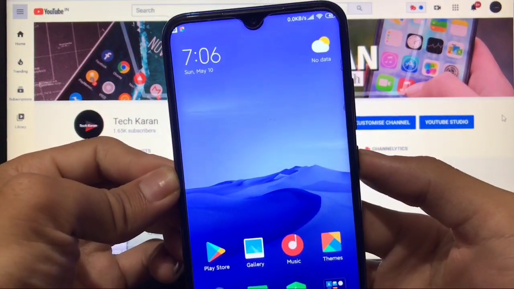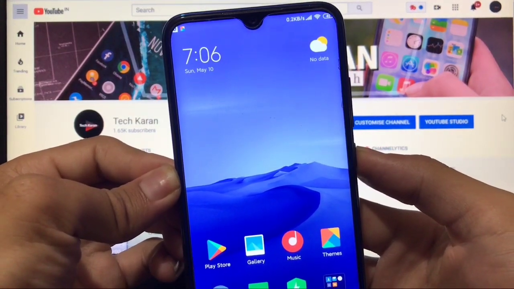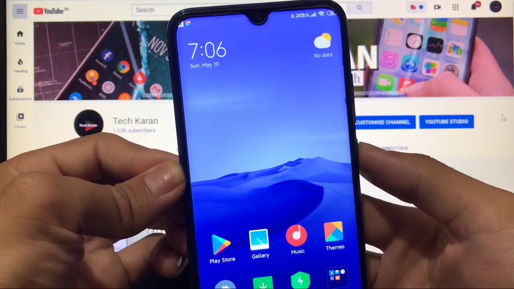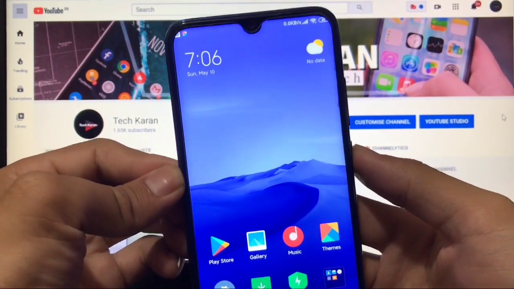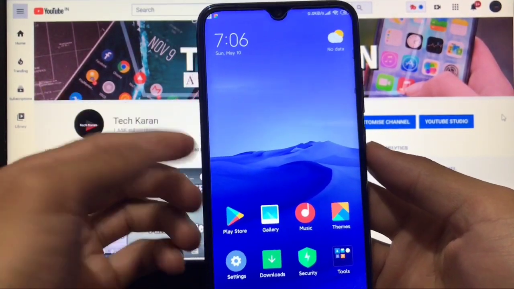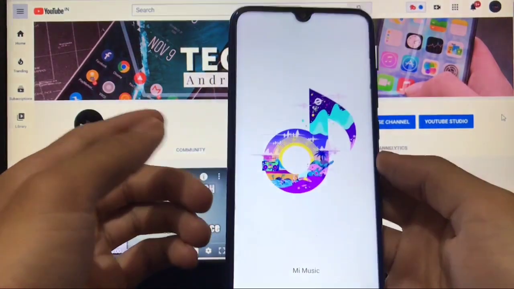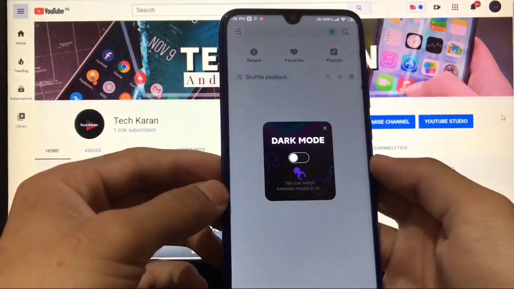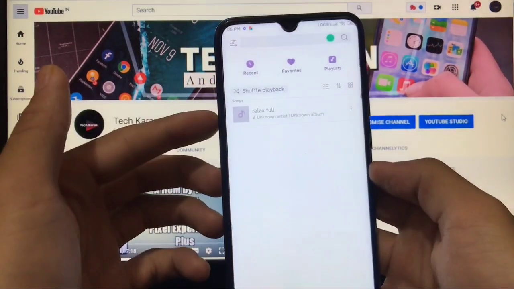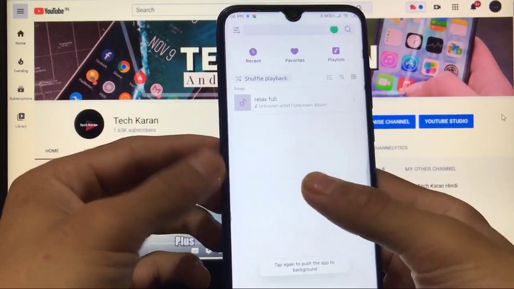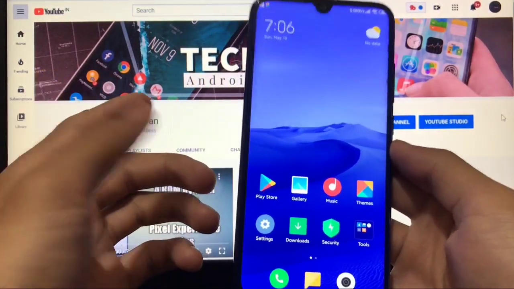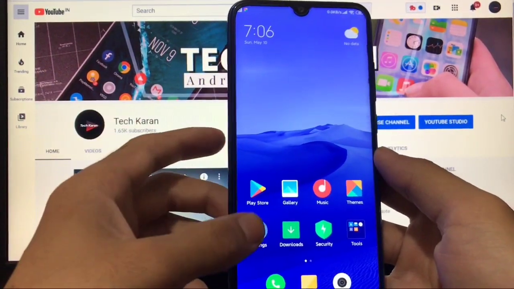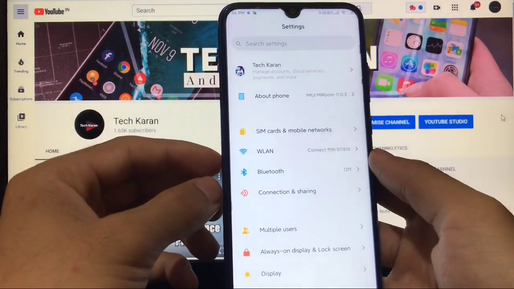If we check out the status bar padding, yes, this is an issue, but this one is also not a major bug. You can survive without that. If we talk about Wi-Fi and mobile network, all the things are perfectly working. If we talk about the music player, this one is also here, and no ads at all, as expected because you're using MIUI ROM. If you have ever used MIUI ROM, the Android 9 version or on any other device, then you know that this ROM is a little bit of a great one actually.